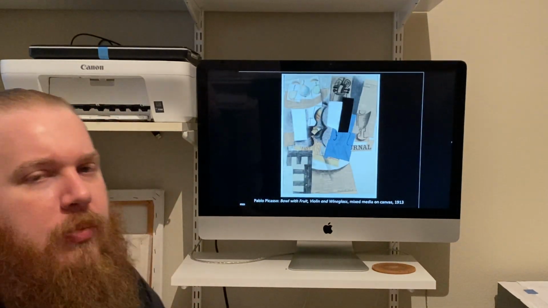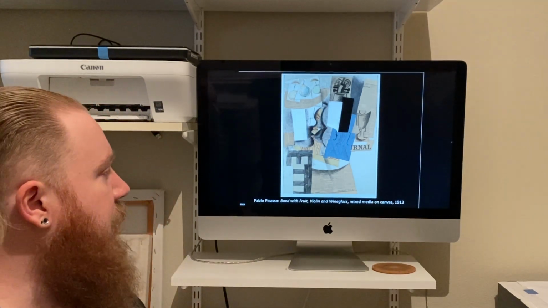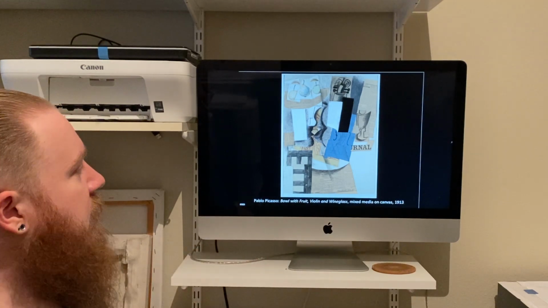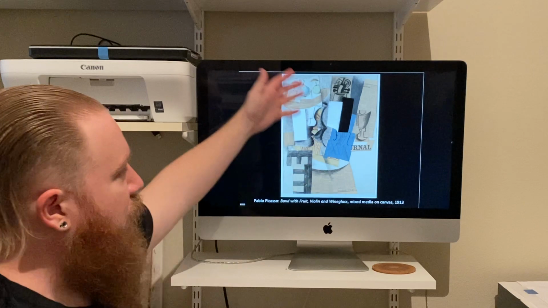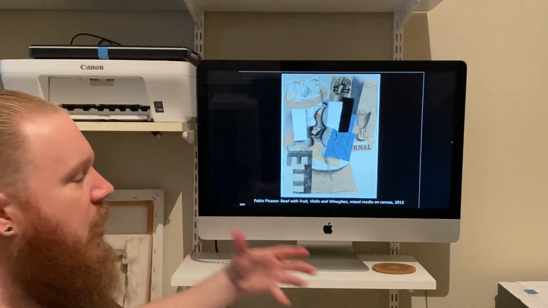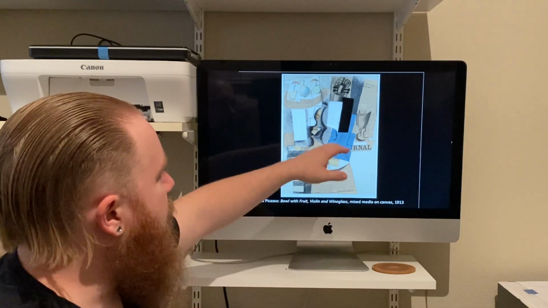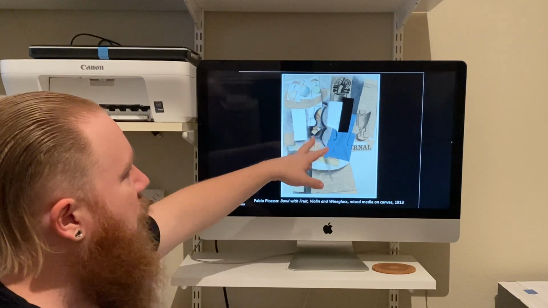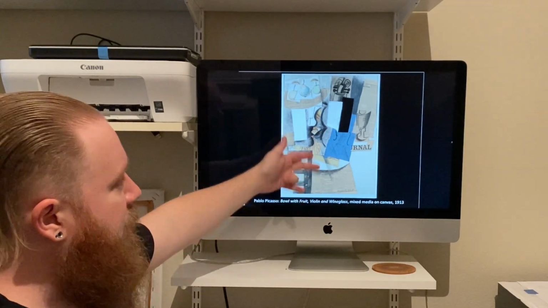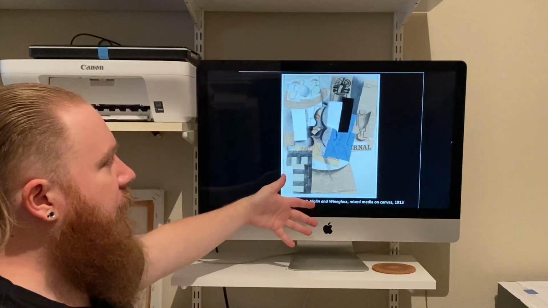So here we can see Pablo Picasso's example of synthetic cubism. Here we see Bowl with Fruit, Violin, and Wine Glass. We can see this is embracing not only painting, but also charcoal drawing, as well as cut paper collage, and all kinds of things like that. The major aspects of the white and the black, that's actually all painted. But we have newspaper with charcoal drawing over the top of it, kind of collaged in.